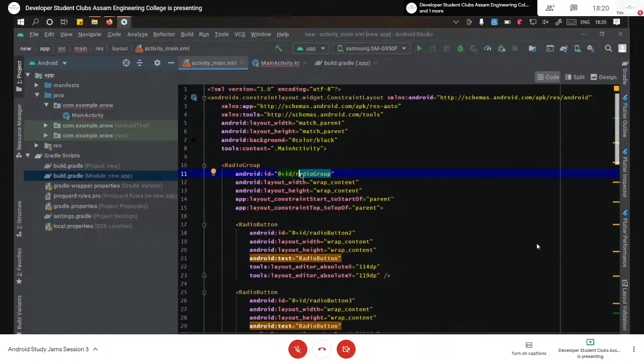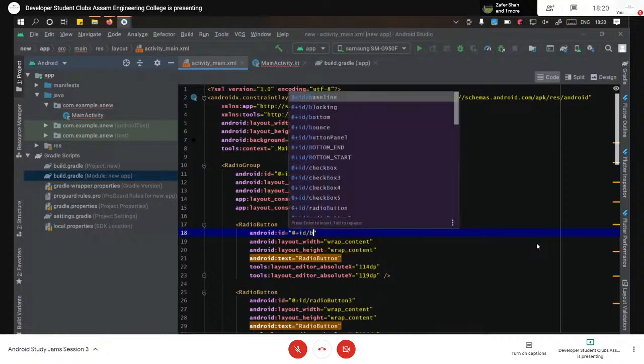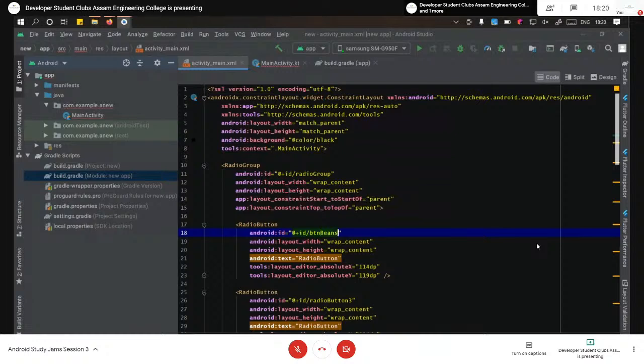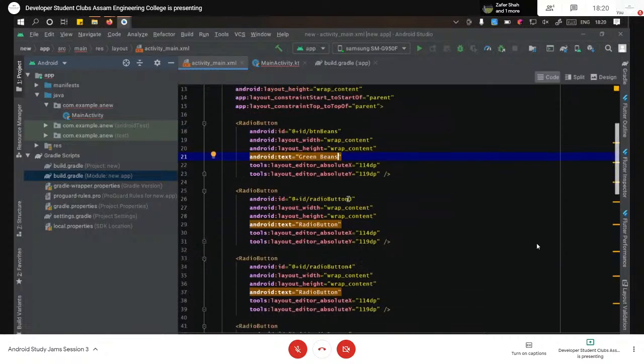First off is the radio group. I will keep this as it is, but for this one, I will say button beans, and I will write green beans here. Similarly, I will change the ID of the second radio button to button select. So IDs are